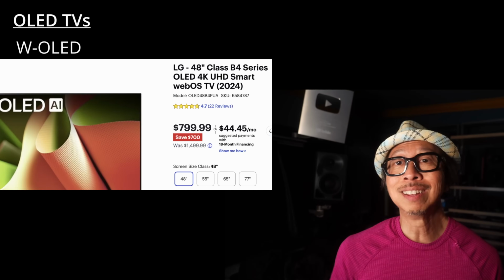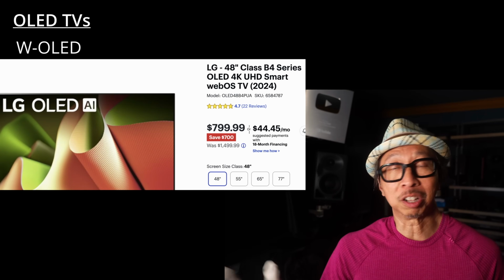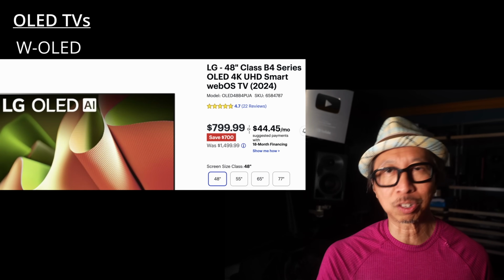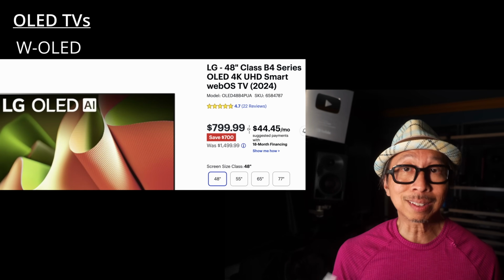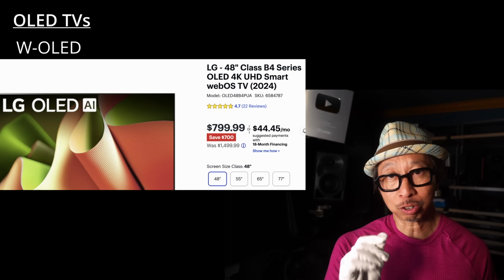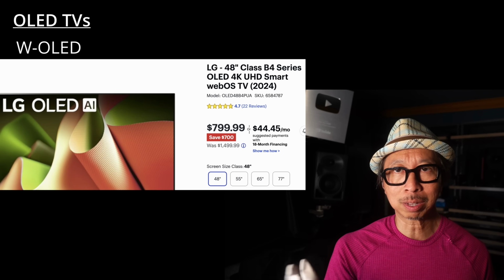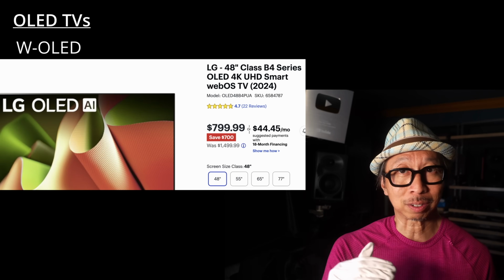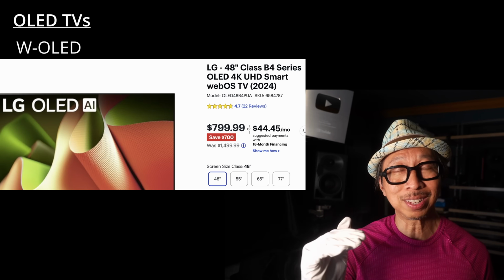Okay, beginning with the basic OLED TV that LG developed, W-OLED. This was the first OLED technology way back when, and it's also the least expensive. This year's LG B4 is W-OLED, and it's phenomenal. It looks great, just not as bright as many people want it to be. I think it's actually bright enough for most content. It doesn't do HDR justice, right? That high dynamic range we're talking about, its blacks are perfect, but the super bright areas of the TV, it